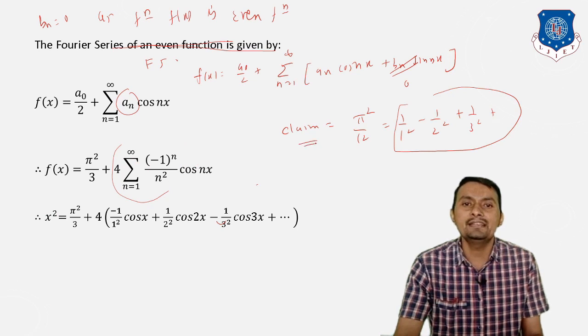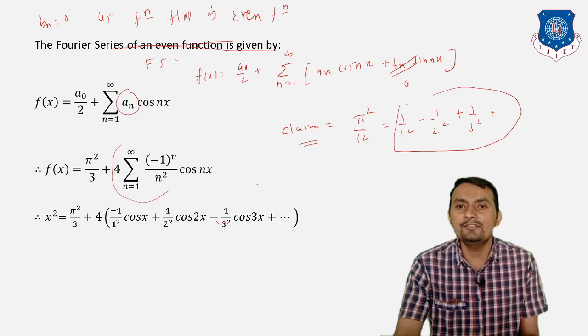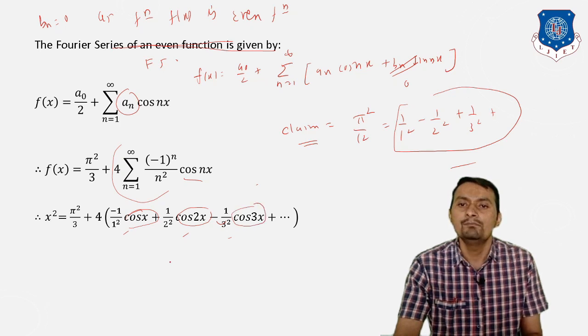Now looking at the claim, to deduce pi square divided by 12 is equal to 1 divided by 1 square minus 1 divided by 2 square plus 1 divided by 3 square and so on. For that, first we are going to consider, just expand it, so we will get this. But now we can focus on that this is minus, this is plus and this is minus. That means alternate terms are there. That means I need to consider here cos x is equal to 1, cos 2x is equal to 1, cos 3x is equal to 1. But for what choice of x? That should be between minus pi to plus pi.